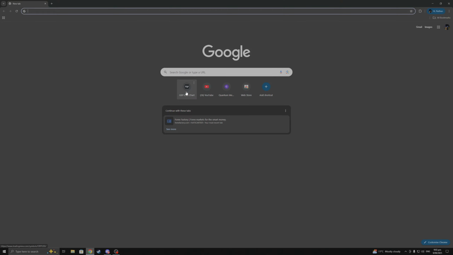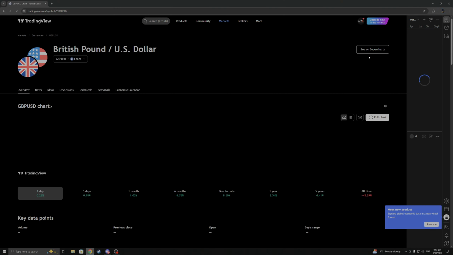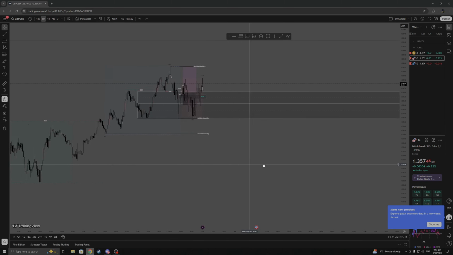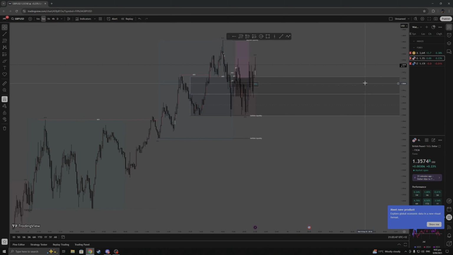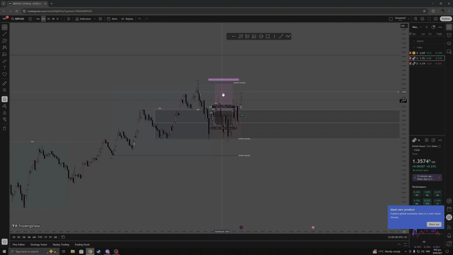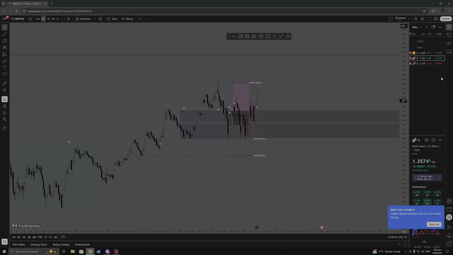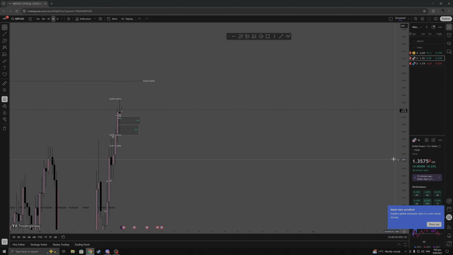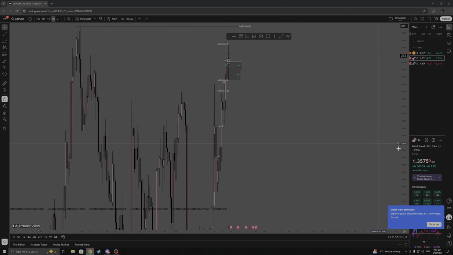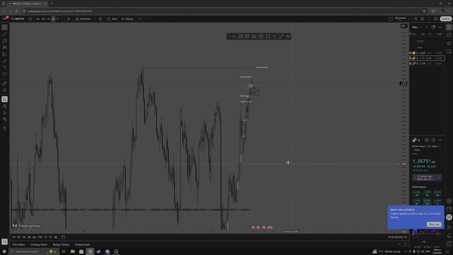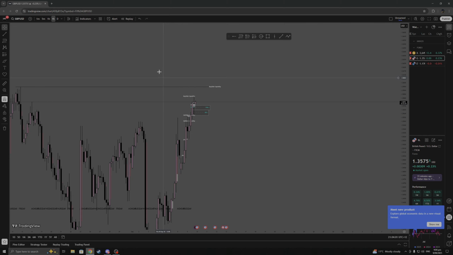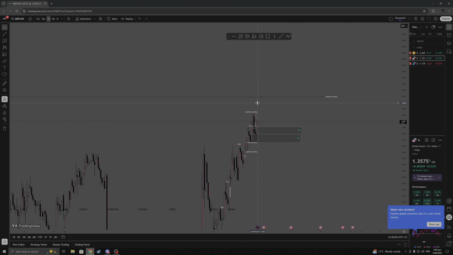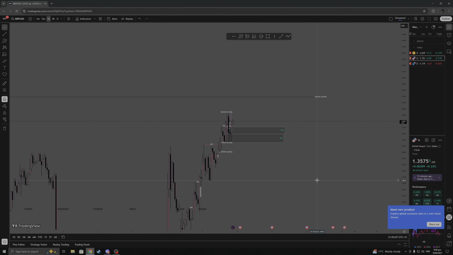If I pull it up, the trade was indeed on GBP USD, right? So coming into market open, I was like, okay, cool. What's the 4 hour looking like? Cool. We're not near any major POIs. So the 1 hour, I marked out my previous breaker structure,